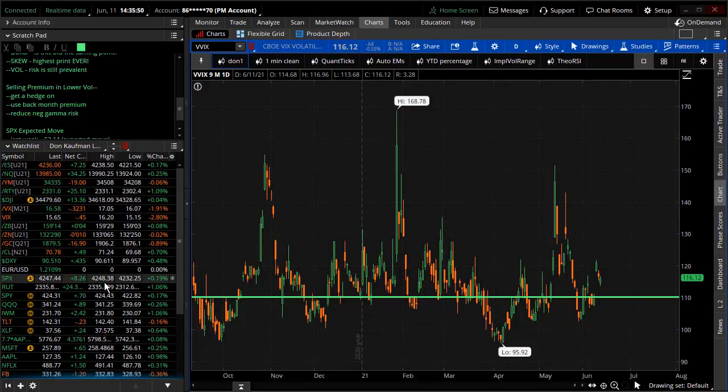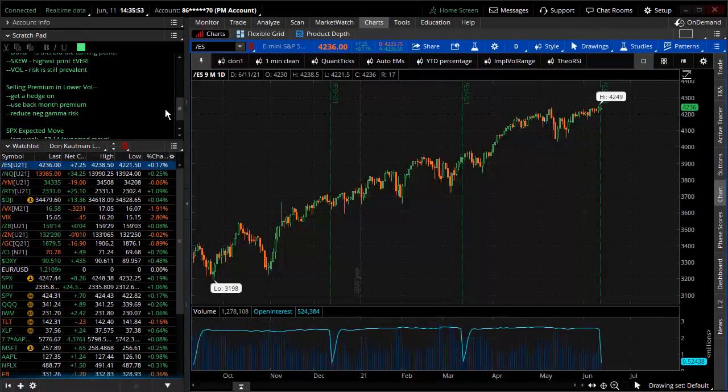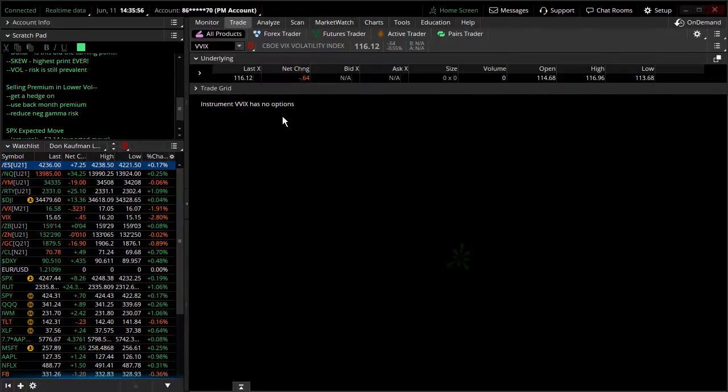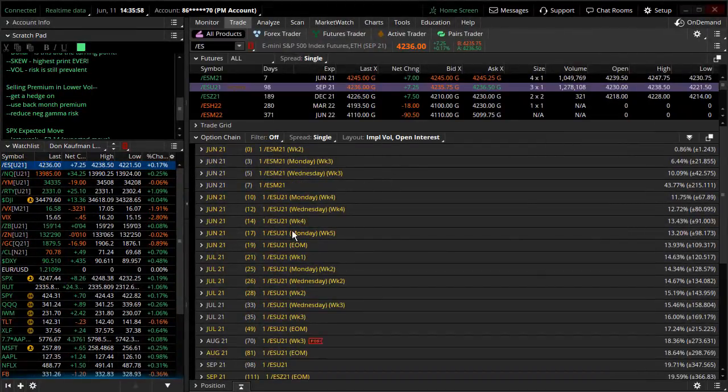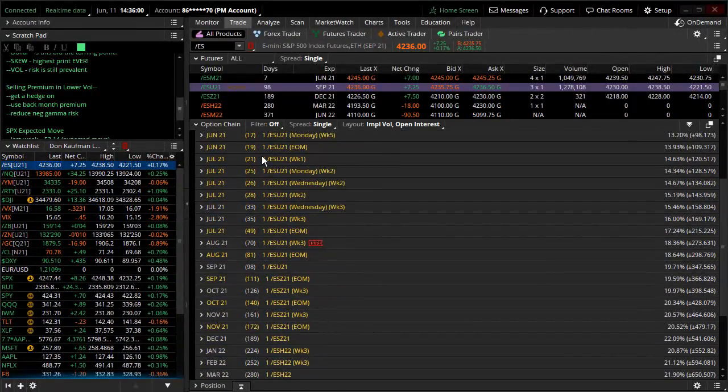Now, I'm not exactly saying that you should jump into the SPX or the spiders, but if you're comfortable, you can go into the S&P options and futures. A lot of people might not necessarily have experience with options on futures. A couple of first things before we go out and sell some premium. The SKEW is incredibly high.